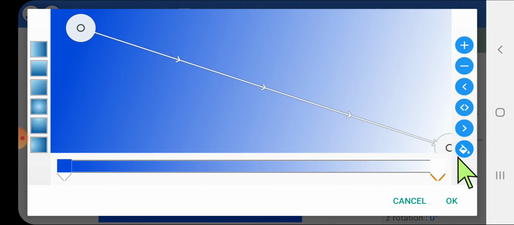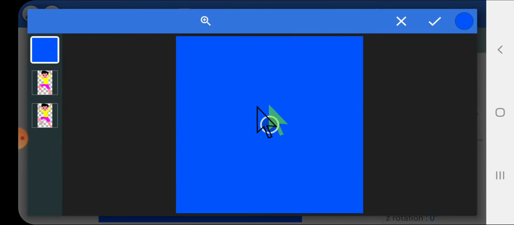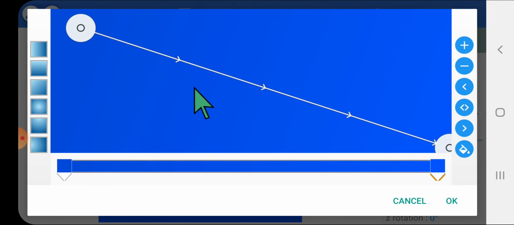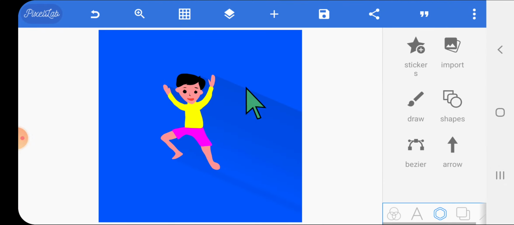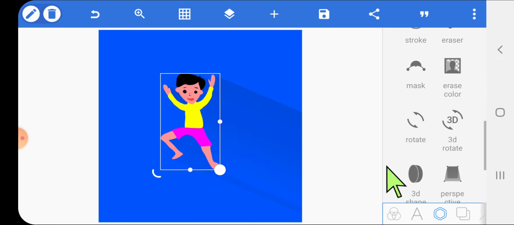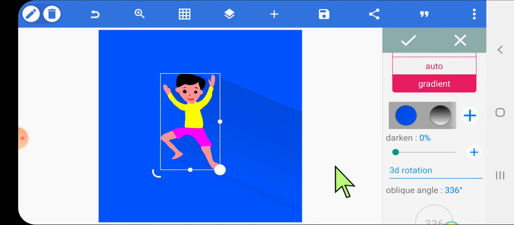Now we want to apply some color over here. Click here, click on the color, click on this option, eyedropper tool, background color, OK. Select OK. Means what we have done is we have taken the background color over here and a little darker color at this point. Select OK. So now we can see the shadow is uniformly applied. We can darken the shadow like this.